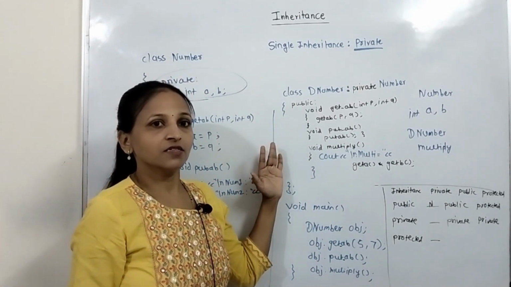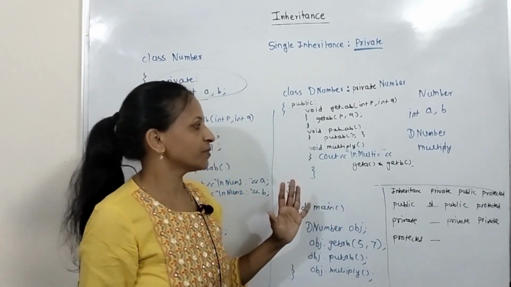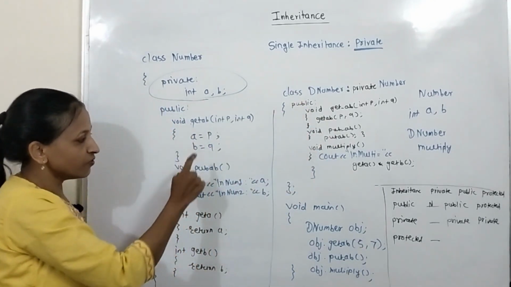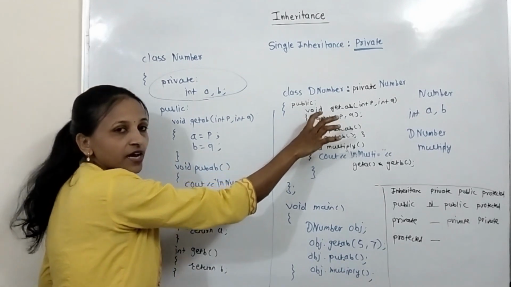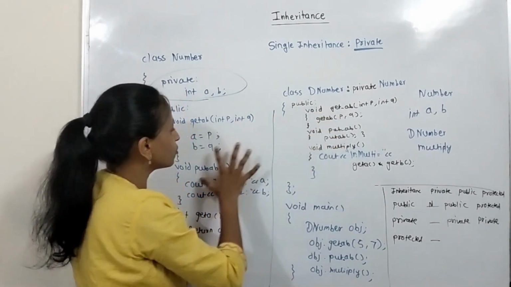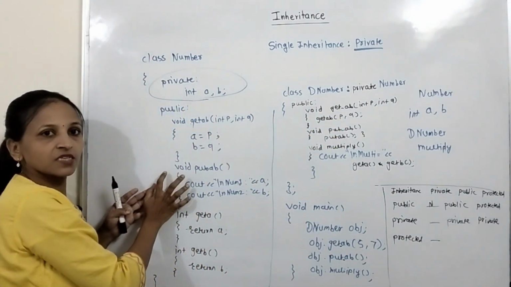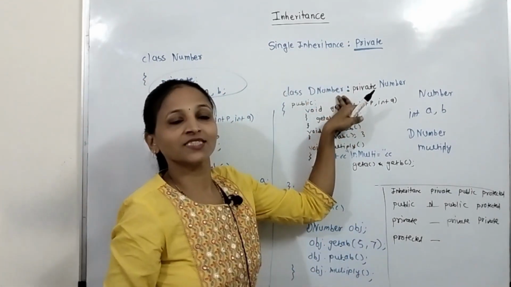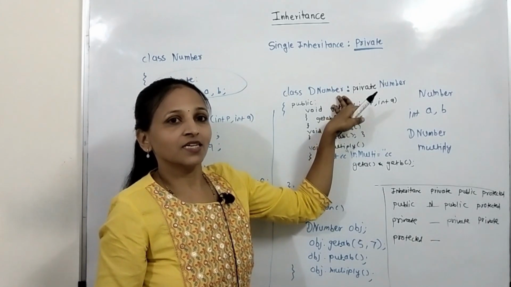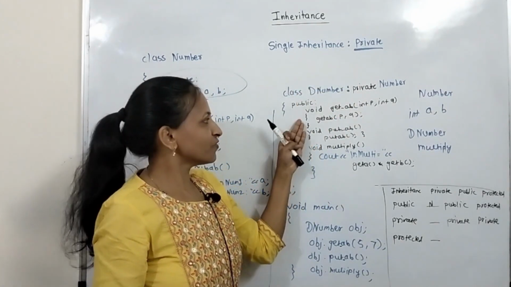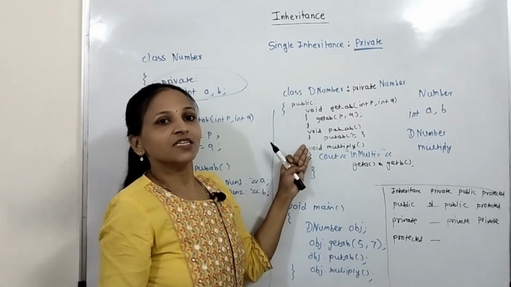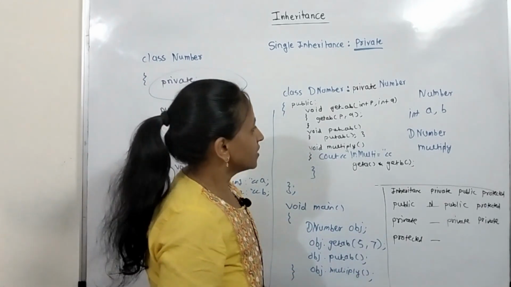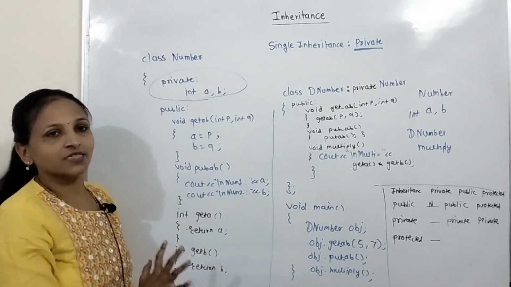Getting my point? Okay, try to understand, this is a very important concept. Using public member functions we will fetch this here, and indirectly we can fetch this, because actually we are not fetching from this. All this part will be inside the private section of this D number class. Getting? And now from the private section we are just calling these. This is allowed but not outside that class. Getting? This is private inheritance.